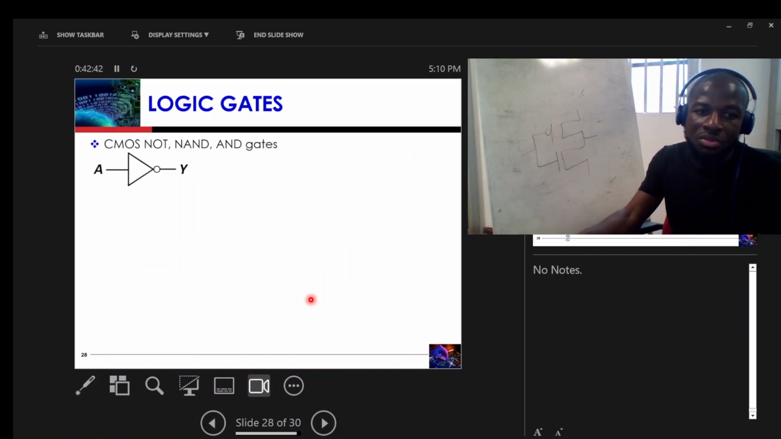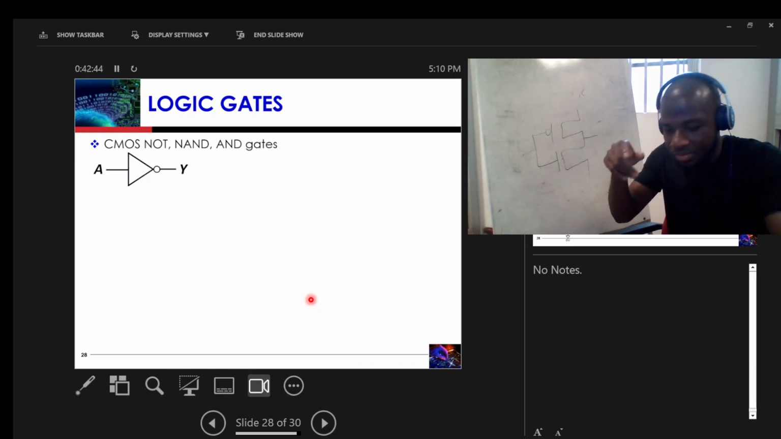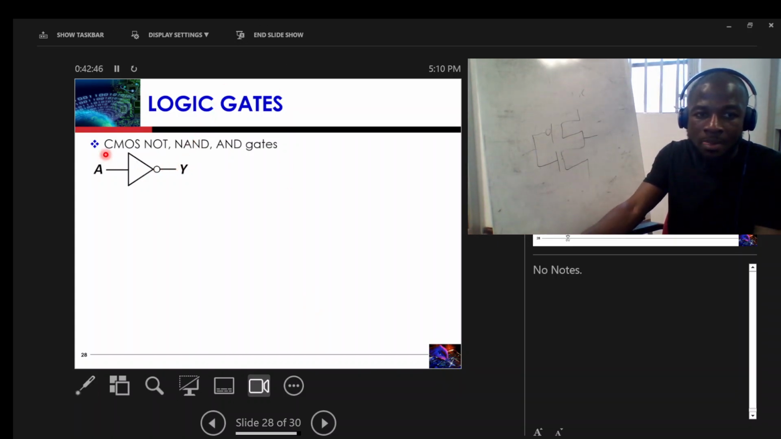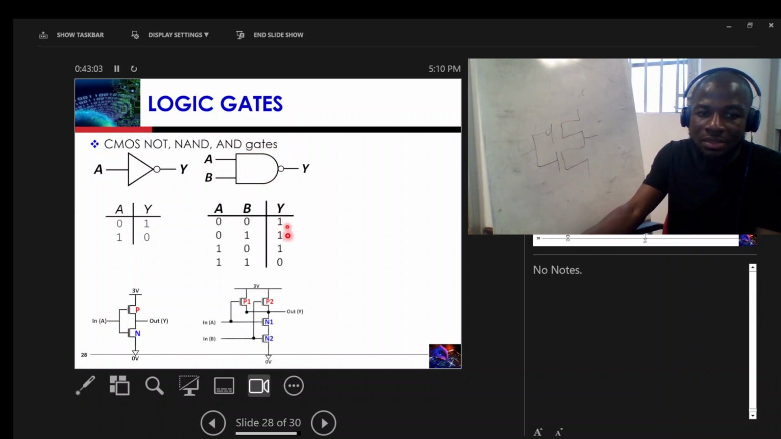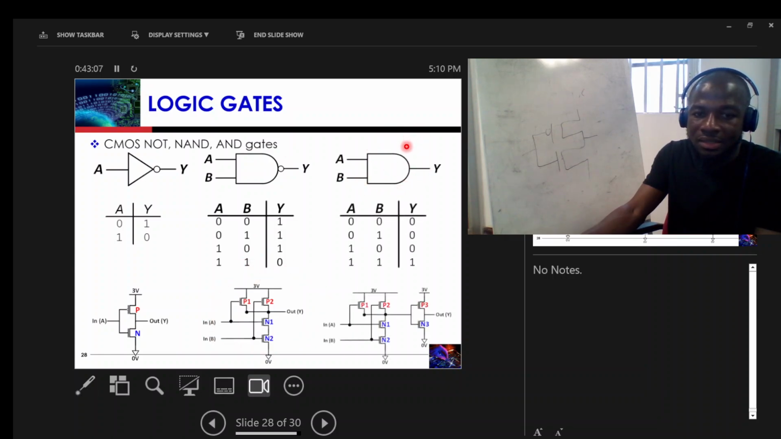So these are the symbols, the logic gates as you already know, for an inverter or a NOT gate, the truth table, and then this is the device level, the transistor configuration level. And then this is the NAND gate, the truth table, and then the transistors, and this is the AND gate, the truth table, and then the transistors. So here we can see that